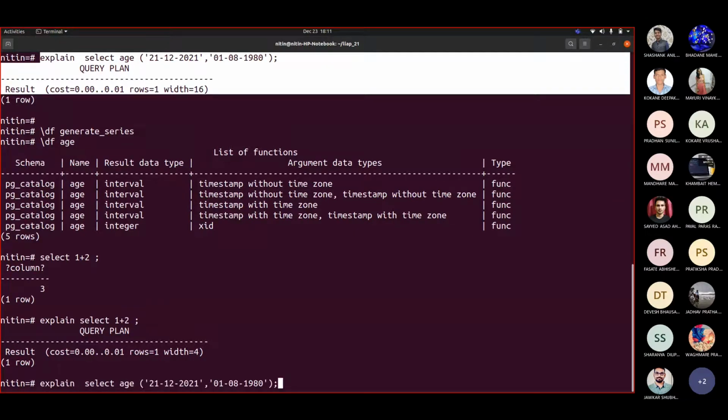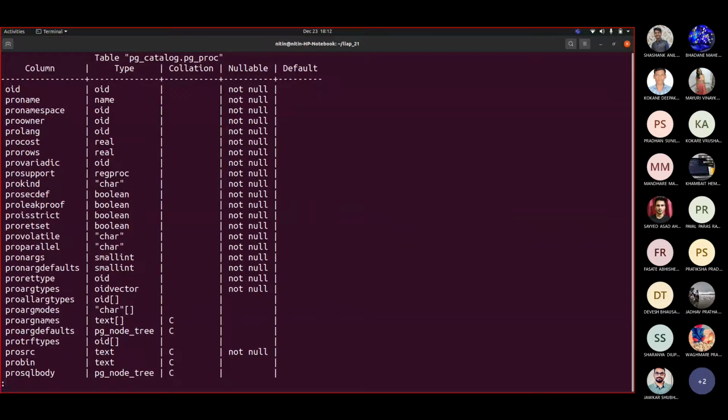So let us see the standard table pg_proc. This is the pg_proc table. Let us see if we can get, yeah, there is a return type.